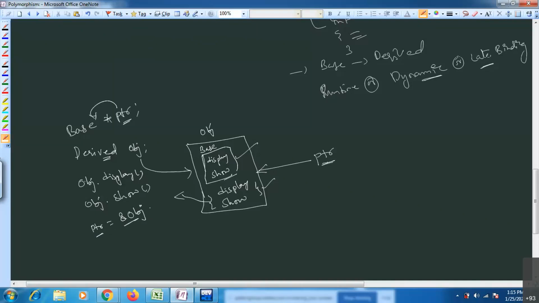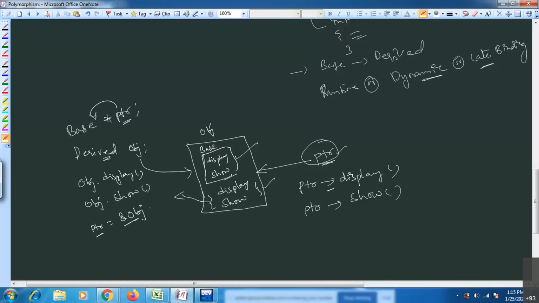Now if I use ptr, by using pointer also you can access the members, right? In the morning I showed, by using this pointer to member operator, ptr to display, ptr to show.